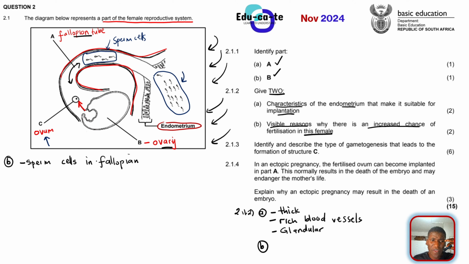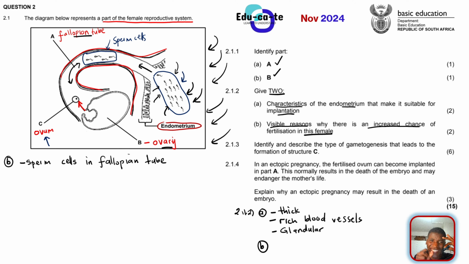You can see that here we have got sperm cells in the fallopian tube, and we also have got other sperm cells that are coming towards the fallopian tube. You can add that because remember, I commented on this man's diet because he has got a higher sperm count. You can see there's a lot of sperm cells that are coming to this lady. So there is no possible way that this lady won't fall pregnant because the man is healthy. All right. So basically, there are more motile sperm cells, or you can say that there is a large number of sperm cells. That's one of the visible reasons.